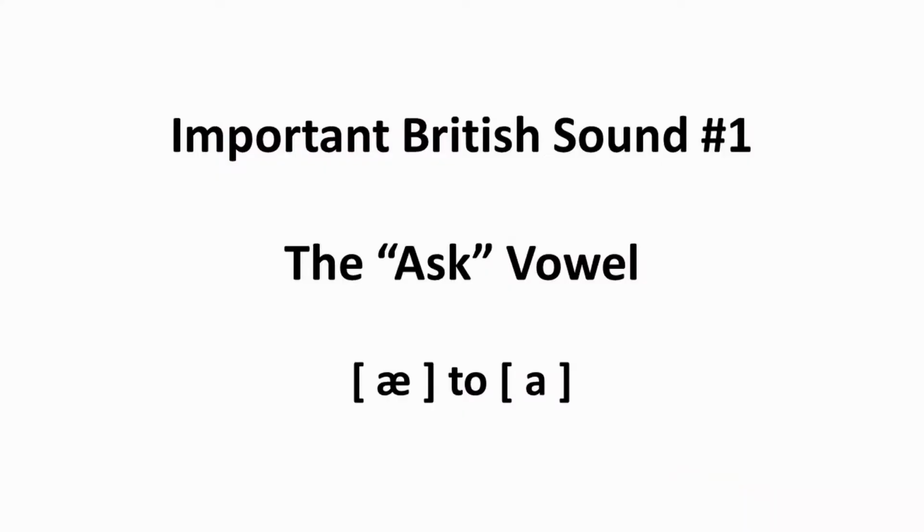Let's get started. Before I begin with the phonetic changes, let me just say a quick word on what people mean when they say Standard British accent. They're talking about an English accent that is found more specifically in the southern or southeastern parts of the country. And there are varying degrees as to what the dialect as a whole might sound like. We'll touch on that concept at the end of the video, but for now, important British sound number 1,